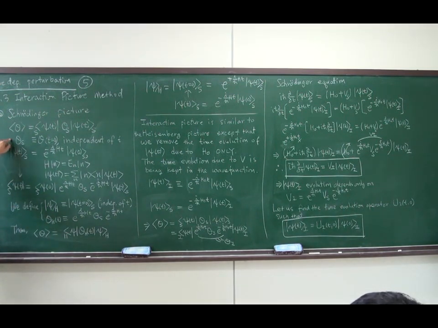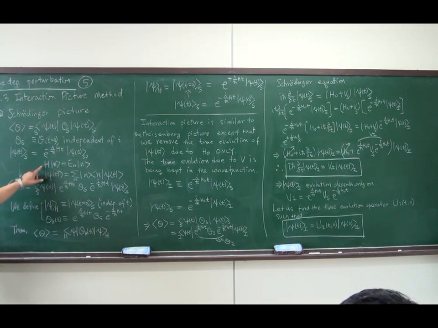So we assume in the Schrödinger picture, the operator is independent of time, and the time evolution effect can be factorized as an operator, exponential minus i over h bar Hamiltonian times t, acting on the state ket at time t equals 0,